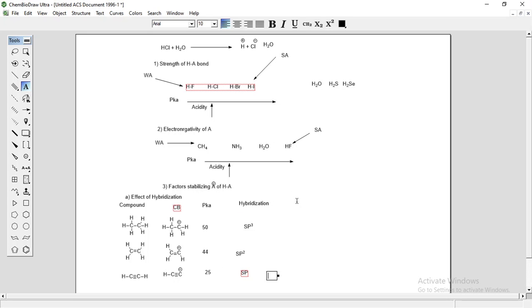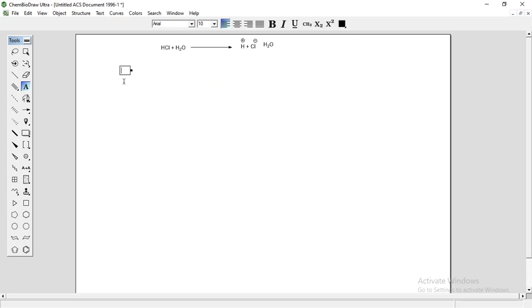Percentage of s and p character. The s character is 25%, 33%, and 50%. Now the acidity of alcohol, ethanol, having pKa